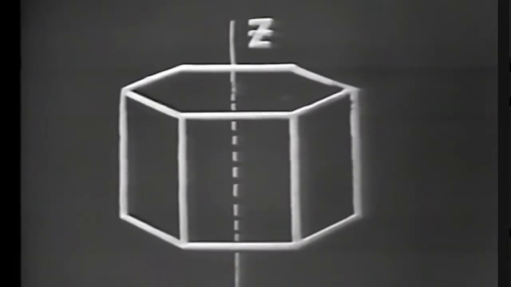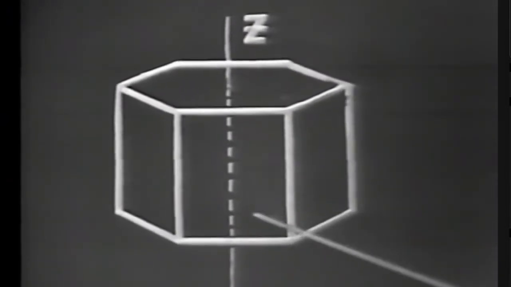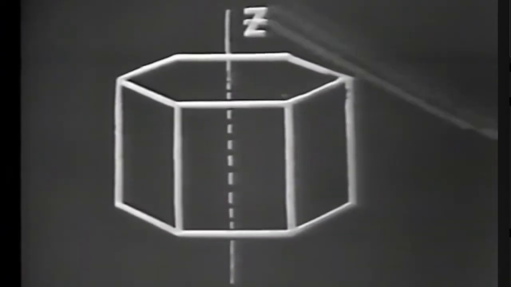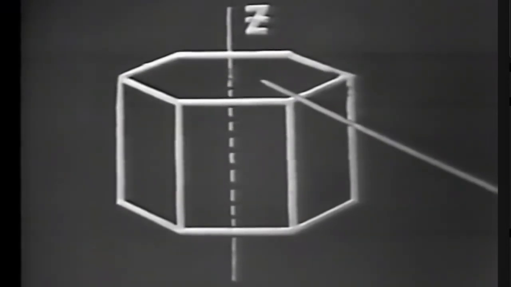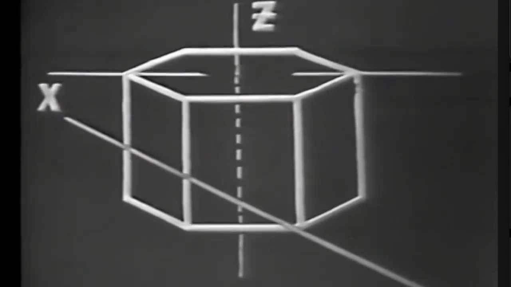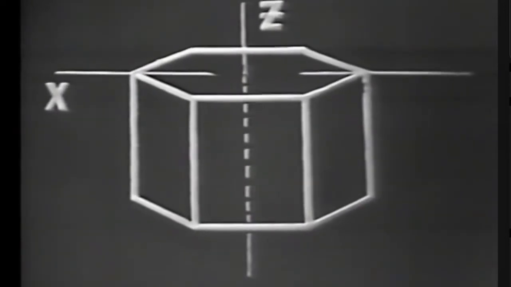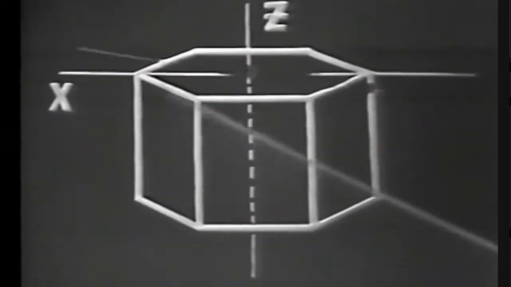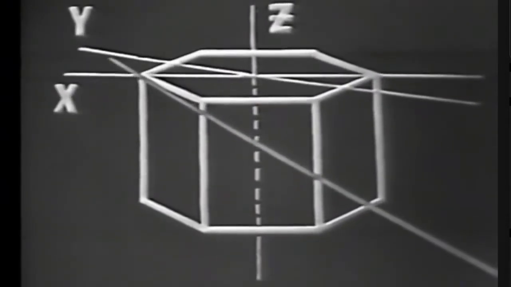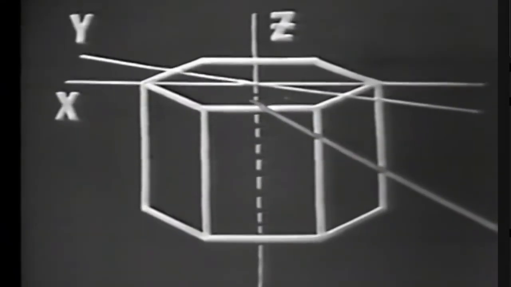The axis passing from point to point, or end to end, and directly through the crystal is known as the z-axis. Remember, from end to end, directly through the center. The axis passing through the corners of the crystals is known as the x-axis. Remember, it goes through the corners. While the axis perpendicular to the faces of the crystal is known as the y-axis, going through the faces. Now let's remember these are only imaginary lines and are used as reference points when cutting